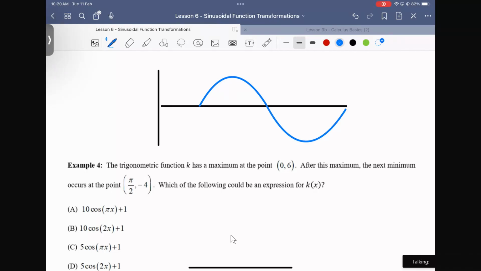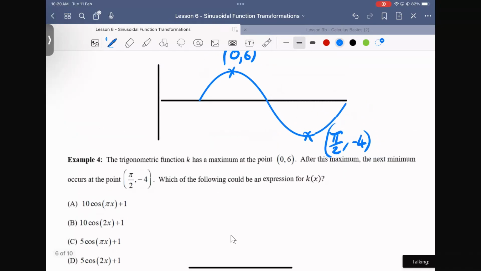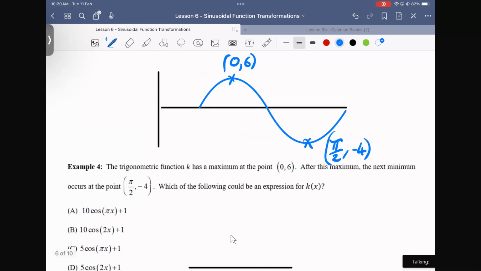We've been given some information. This is going through 0, 6. And then we have a minimum occurring straight after that one at pi over 2, minus 4. The graph looks like this. What we want to do is find the